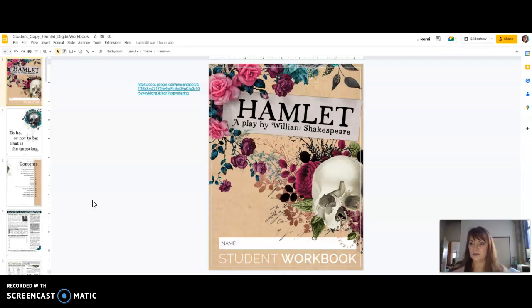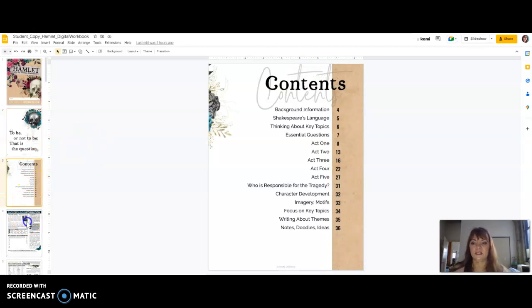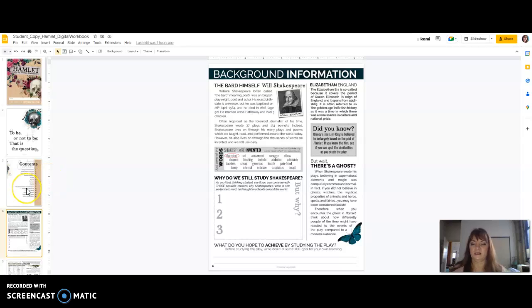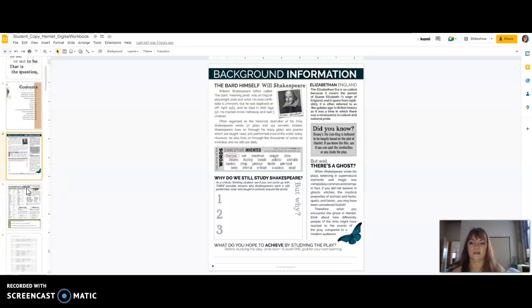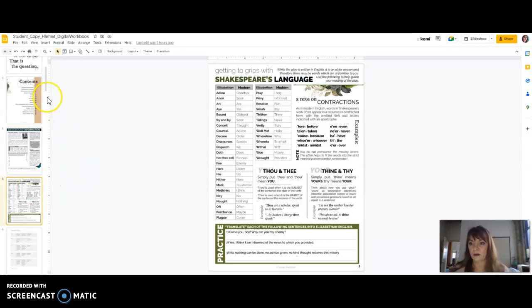I promised you a part two of our Hamlet student workbooks, our virtual or online digital workbooks. And last time we met, we put our names on the cover of our books. And we talked about this, and we looked at the content page, and we filled out this page. So if you didn't do any of this yet, you're a little bit behind. You should probably go back to part one of my tutorials. Now we are on